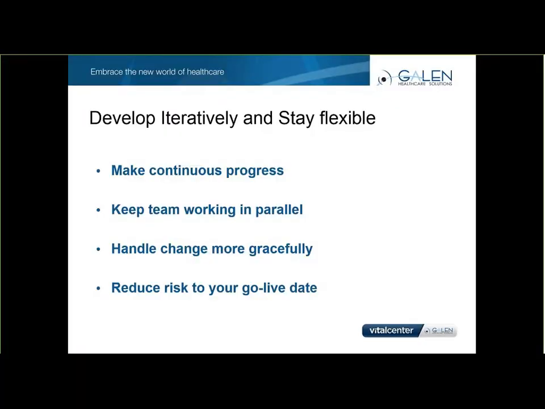Now we're going to talk about our next best practice here in just a second. So our next practice,